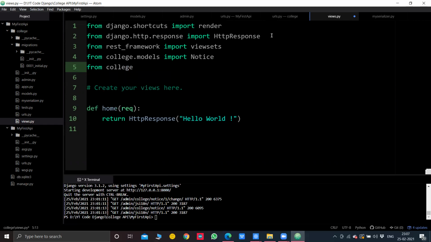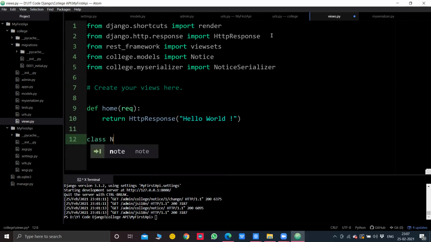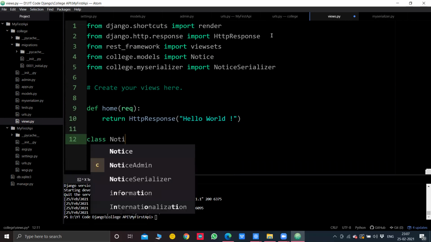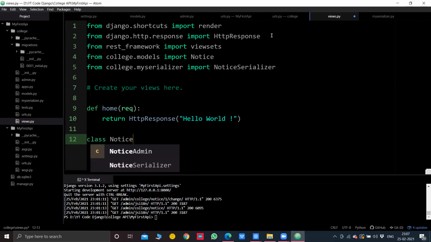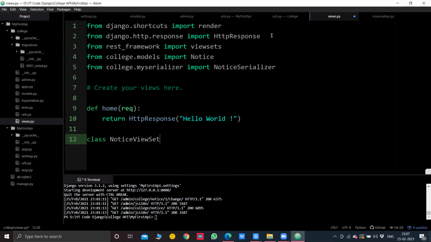So I'll mention from college.serializers import NoticeSerializer, and all this is okay, but now we'll have to create a class for the notice, our notice database table, and that will be named, we are using a viewset, so I'll name it NoticeViewSet. Okay, and I'll mention viewsets.ModelViewSet.